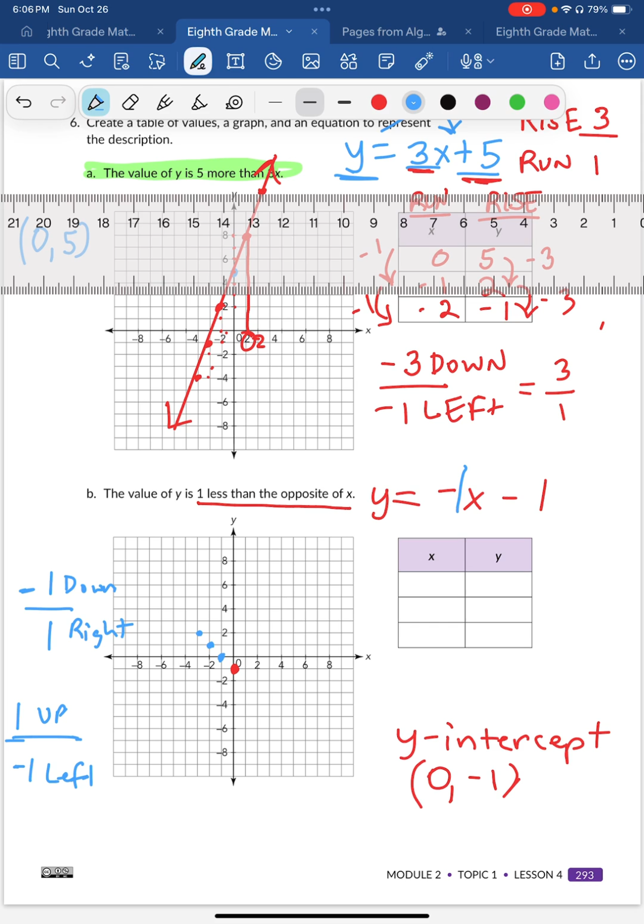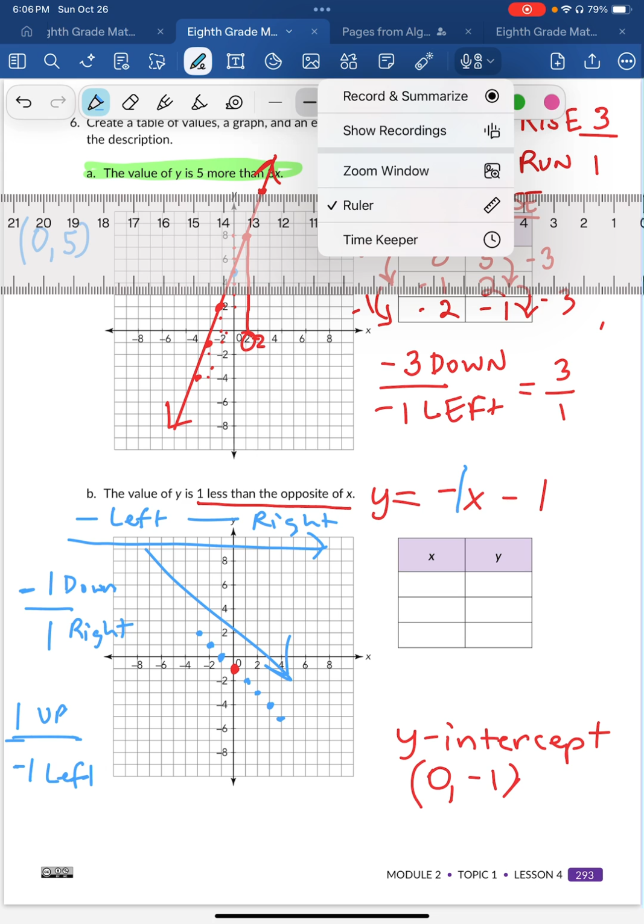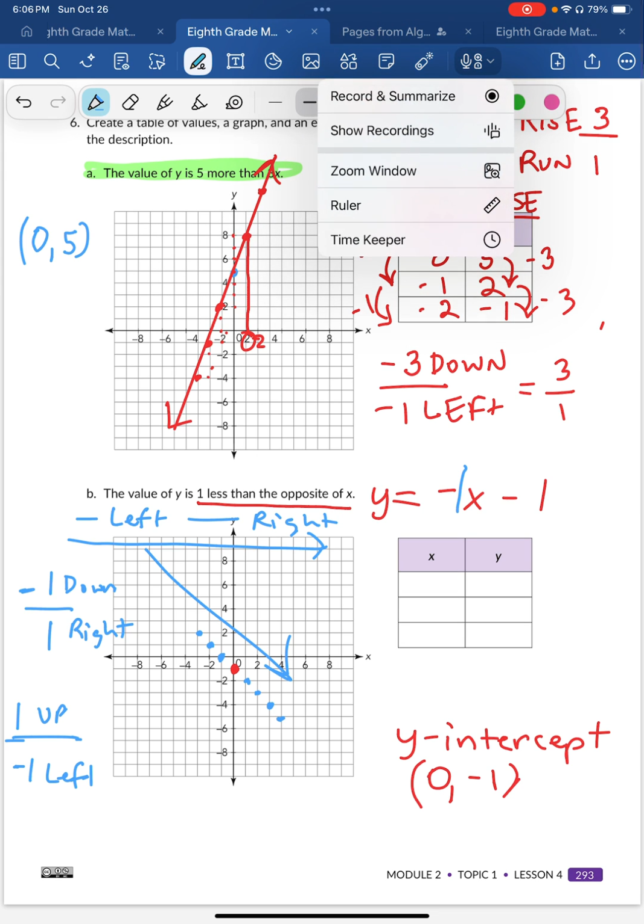If I go down and to the right, it's going to look like that. Remember, I have a negative slope. So when I read from left to right, it needs to be going down, and it is. So let's get our ruler and connect those dots,